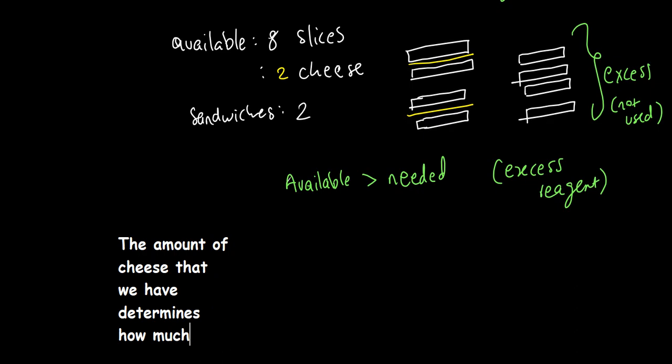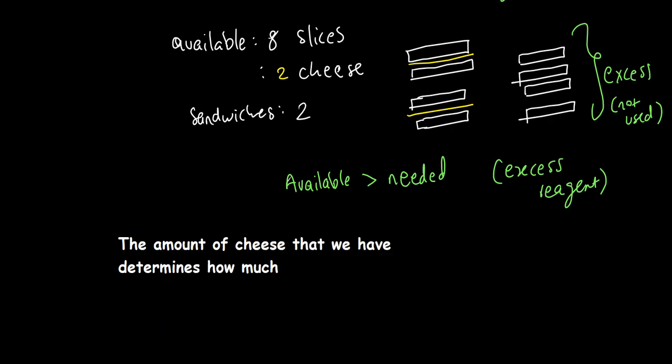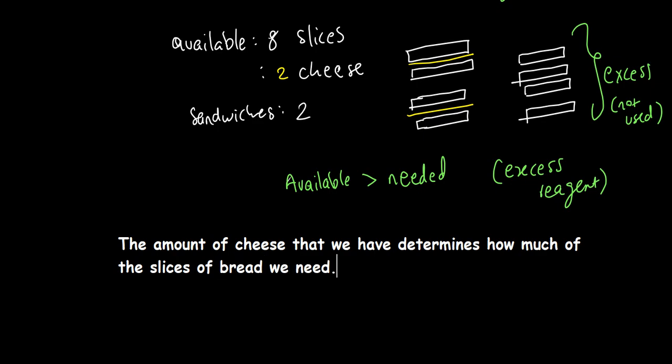The amount of cheese that we have determines how much of the slices of bread we need. That's very important. The amount of cheese that you have actually determines how much of the slices of bread you need,